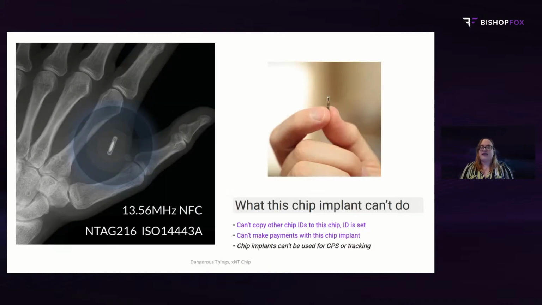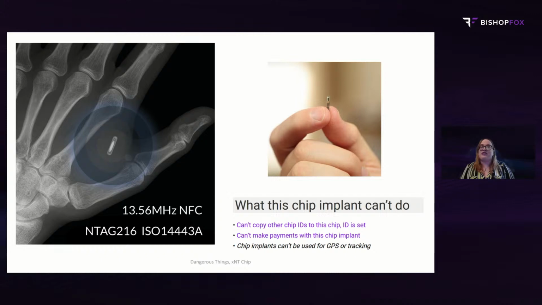So again, the tracking conversation came up from the use of microchips in humans. This is not some sort of conspiracy with vaccines or anything. This is people who elect to have biomodification and have chips. I bring this conversation up a few times, and the thing that I get the most is, well, can't people track you if you get a chip? So the implant will not do that.